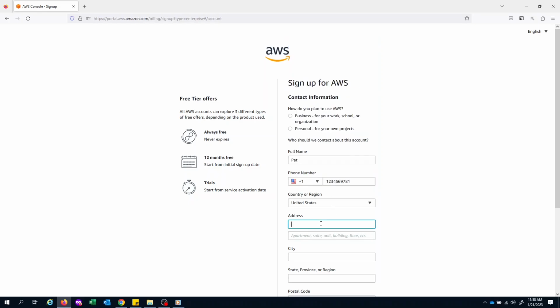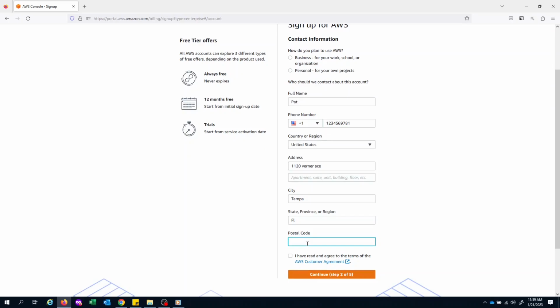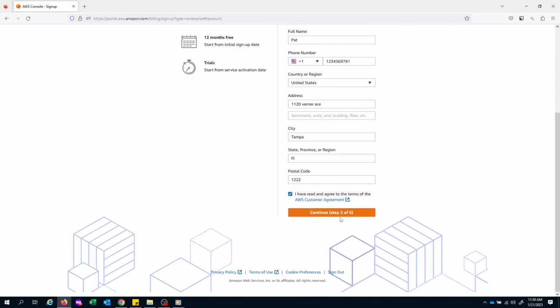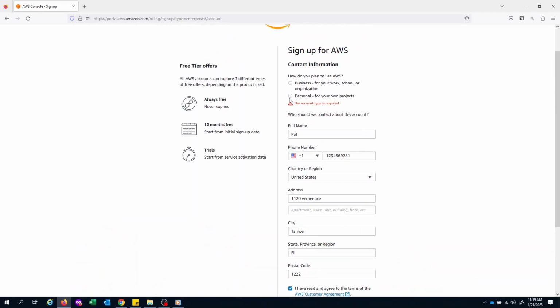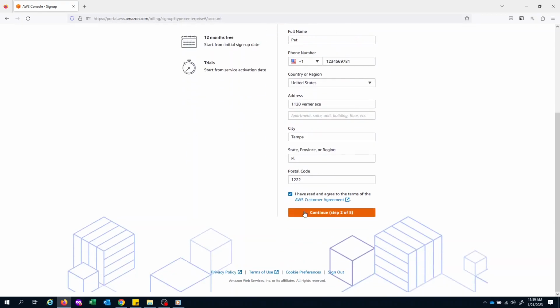I'm in the United States and I put one address here, 1120 Werner Avenue, and I put my city here. Let's say I'm in Tampa. I'm in the state of Florida. I'll put my zip code, and then once I hit this click button and I put down this as a personal account,